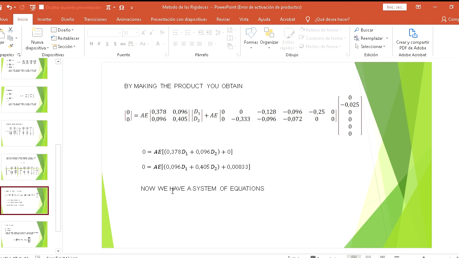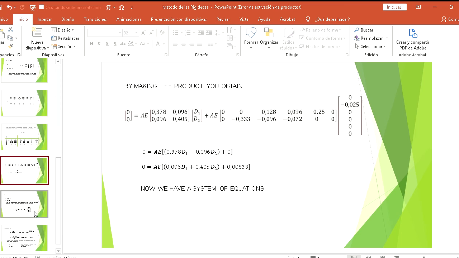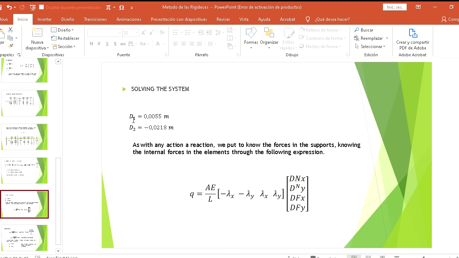to know what these displacements are. Solving the system, for displacement 1 this is the result, and for displacement 2 this is the result: 0.0055 and minus 0.0218